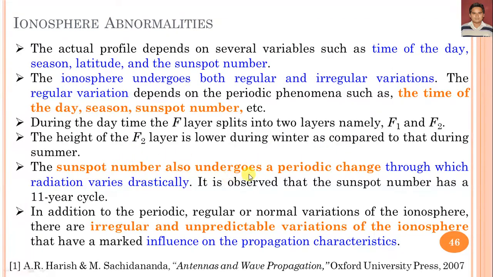The sunspot number undergoes periodic changes through which radiation varies drastically, and it is observed that the sunspot number has an 11-year cycle. So after 11 years, the sunspot number repeats. So as we have discussed, these are the regular and irregular variation at the time of season, day and sunspot number. In addition to periodic, regular or normal variation of the ionosphere, there are irregular and unpredictable variations of the ionosphere that have a marked influence on the propagation characteristics,